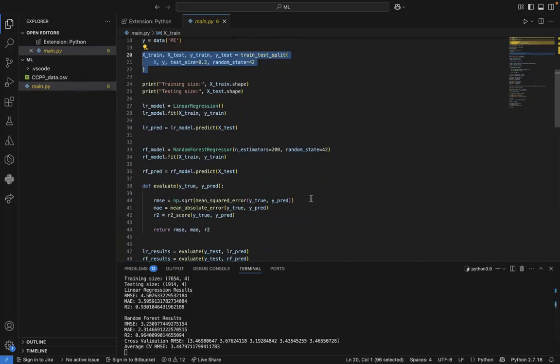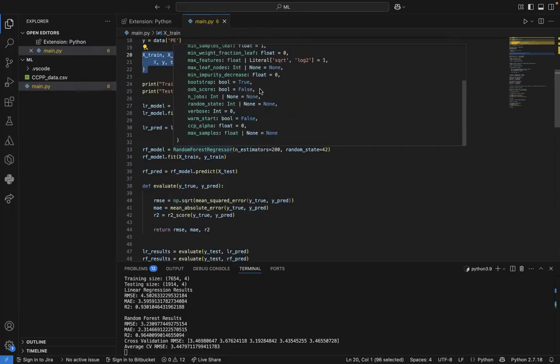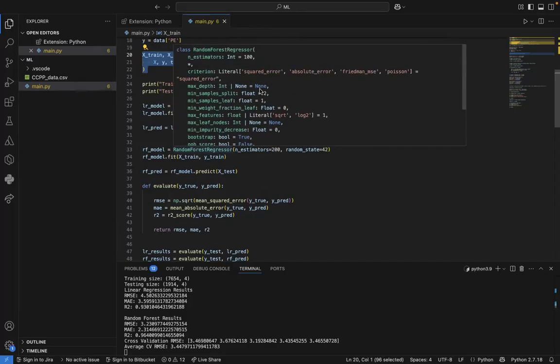of real world performance. And coming to the model training, linear regression, and the random forest code. So here, the first model is linear regression, which is a simple baseline model that assumes a linear relationship between the input features and the target variable. And the second model is the random forest, which is an ensemble learning method that builds multiple decision trees and combines the predictions. Random forest is often more powerful for tabular datasets because it can capture nonlinear relationships and interactions between